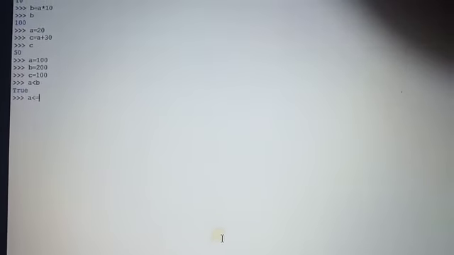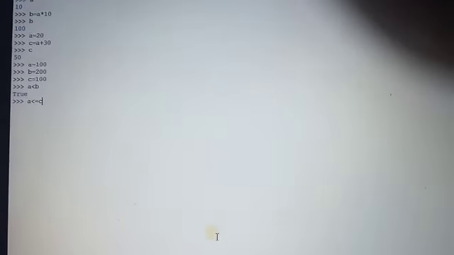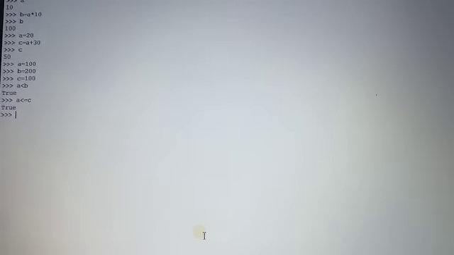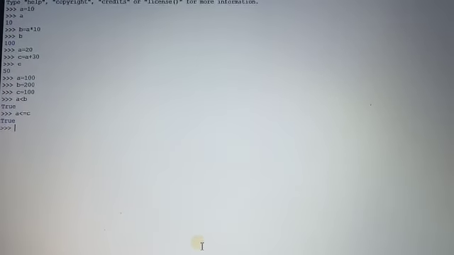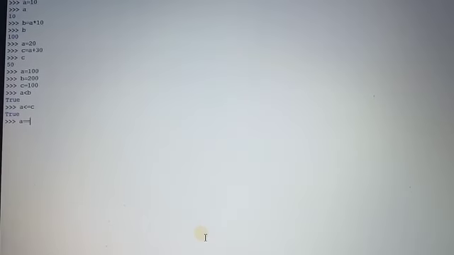Again the expression we have defined, A less than or equal C. The current value of A is 100 and the current value of C is also 100. Both are equal, but both are not less than. The final output is true because A equal C, that is correct. 100 equal 100, that is correct. Now I have defined the expression A equal B. That means 100 equal 200, that is false.